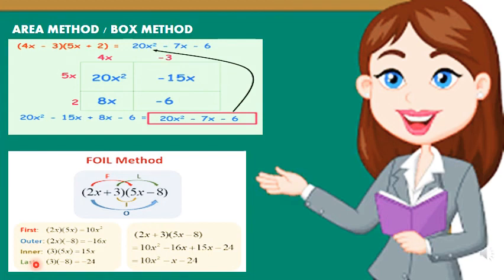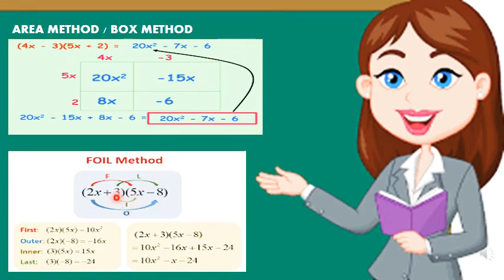You will understand this now. Suppose 2x plus 3 is the first binomial and 5x minus 8 is the second binomial given to you in the question. So you will consider 2x and 5x as the first terms. You can see here it is written in red color and marked as F. Then which are the inner terms? These two are the inner terms, isn't it? So we will be writing these two terms as I.